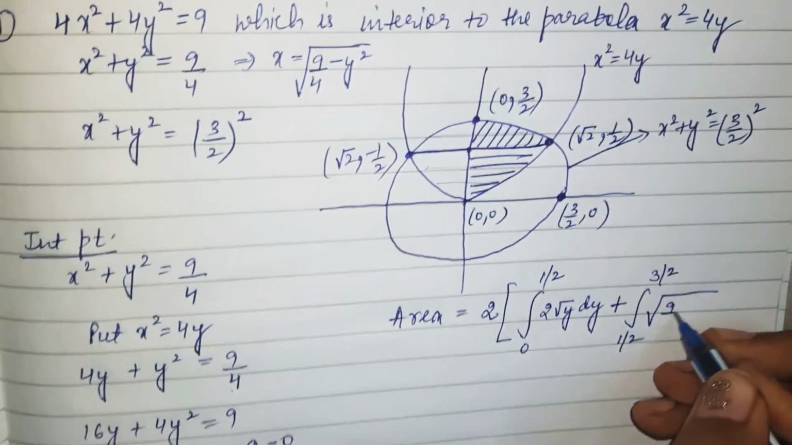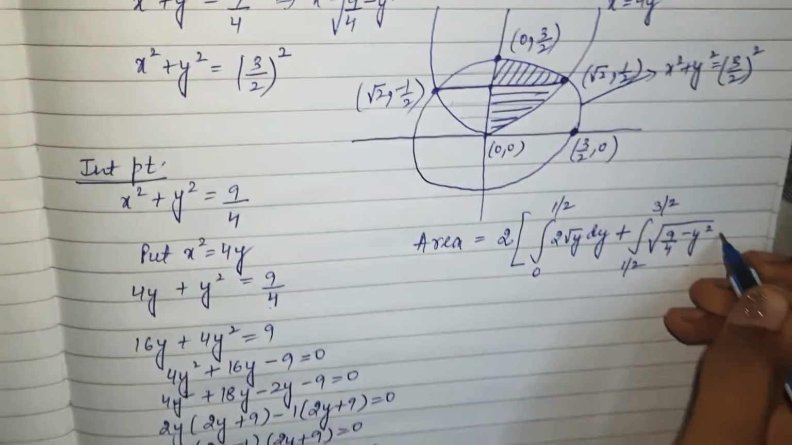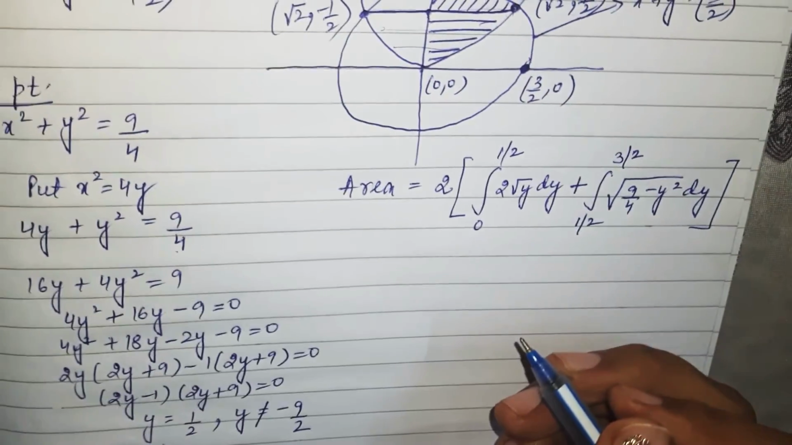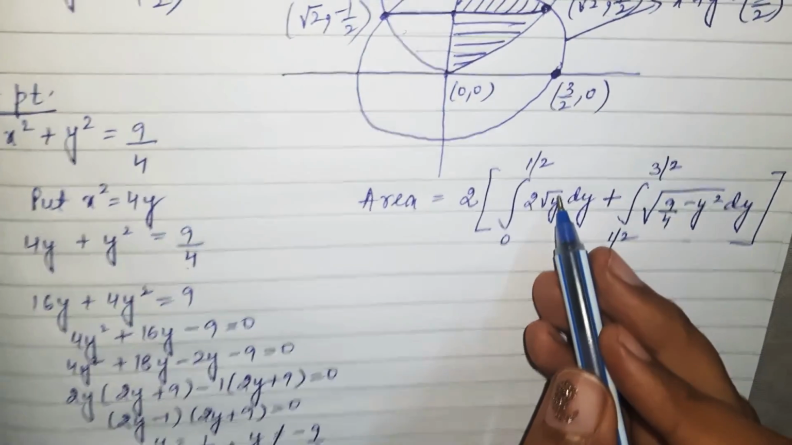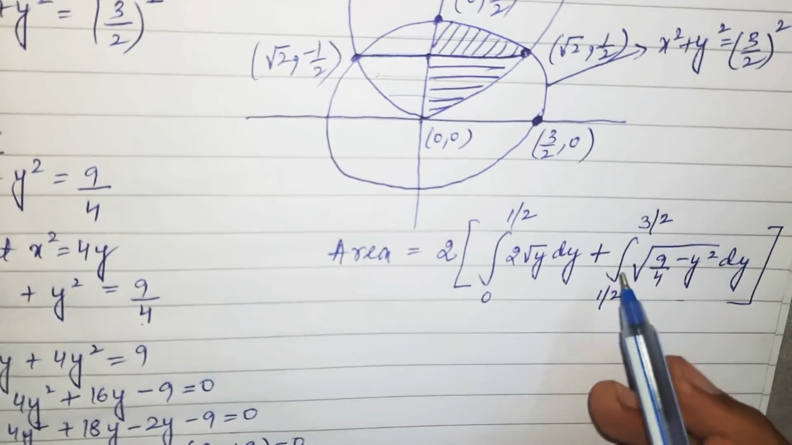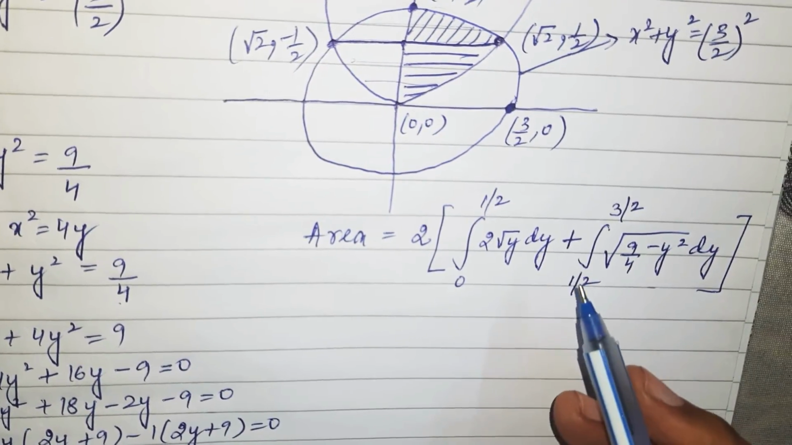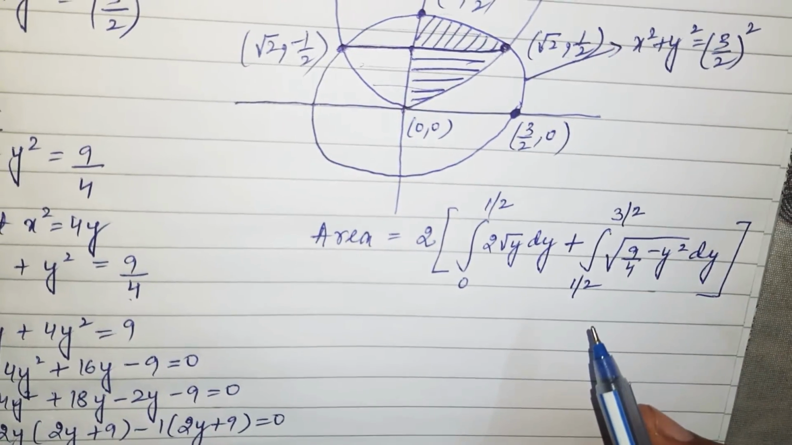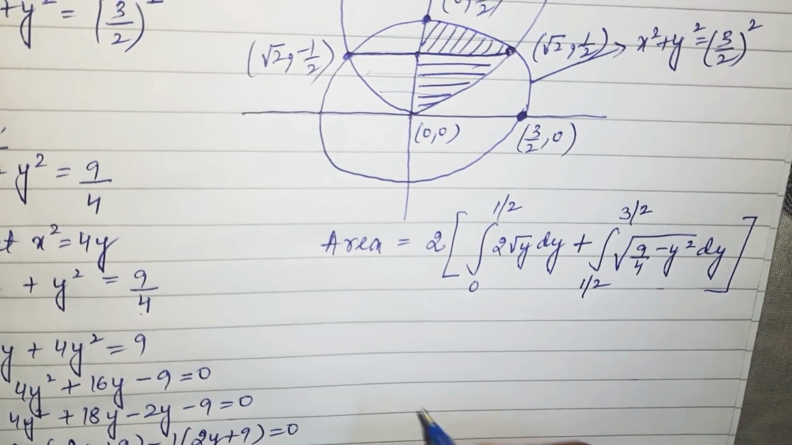So this is 9 by 4 minus y square dy. Now you can solve the question very easily. Y raised to the power 1 by 2, and here you can apply the formula of a square minus x square. So this integration part you will attempt yourself. So after solving the question, you will get your final answer as